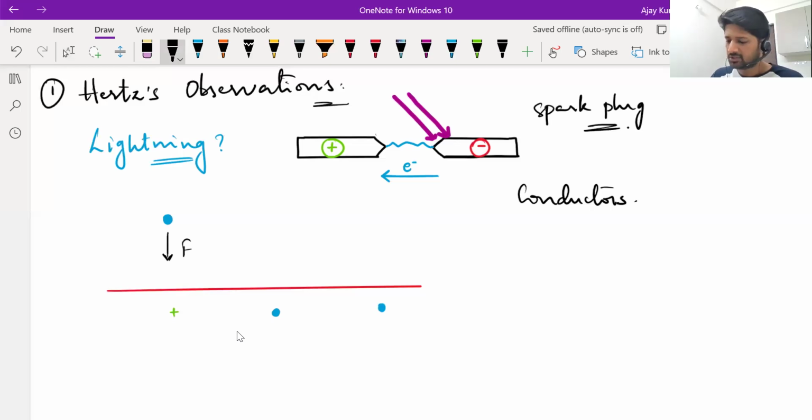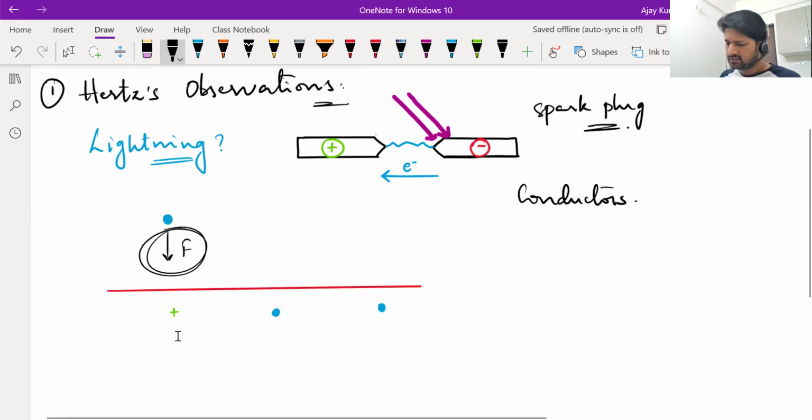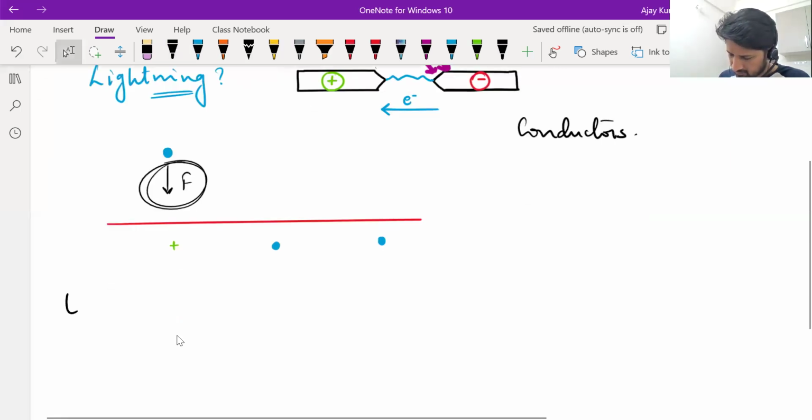But it is possible to pull out electrons from a conductor. All you have to do is provide sufficient energy to the electrons to overcome this attractive force of the metal surface. Whatever residual positive charge is there, if you give sufficient energy for the escaping electron to overcome that attractive force from the residual positive charge, it will leave the metal surface forever. That is called electron emission.